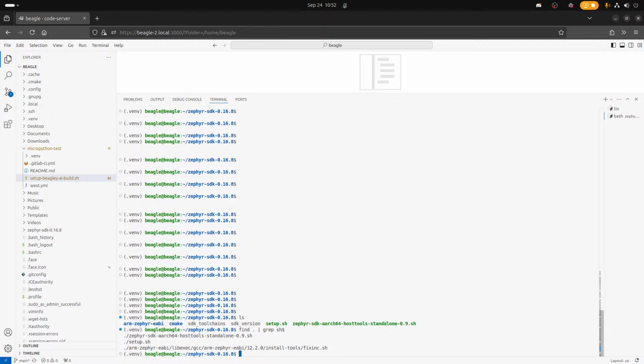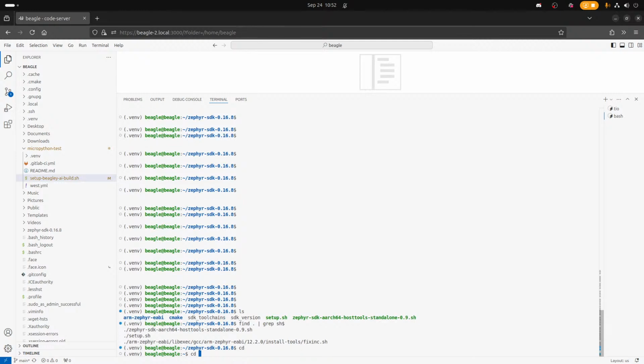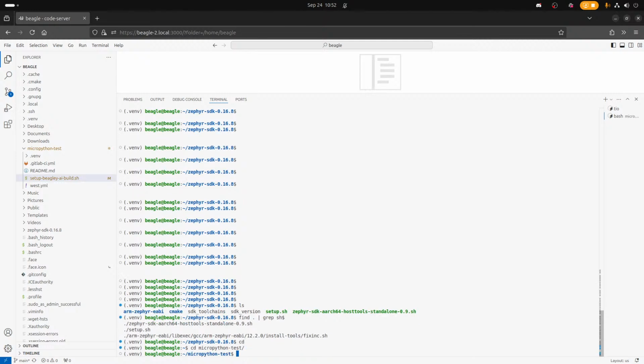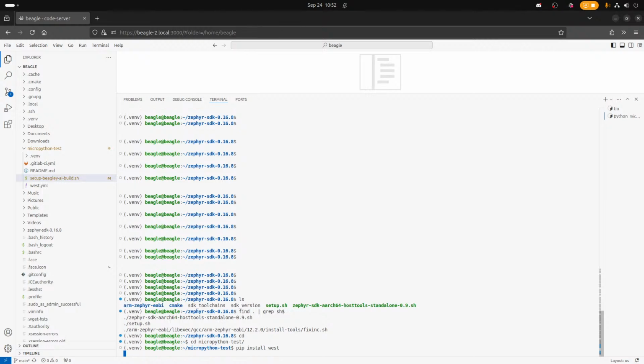In the Zephyr folder, but this is an SDK path. Oh, I just haven't installed west. Right. So I just need to do pip install west. So that needs to be part of it.